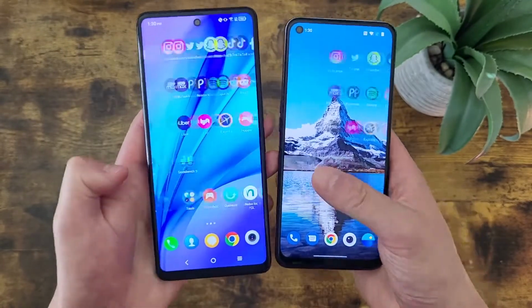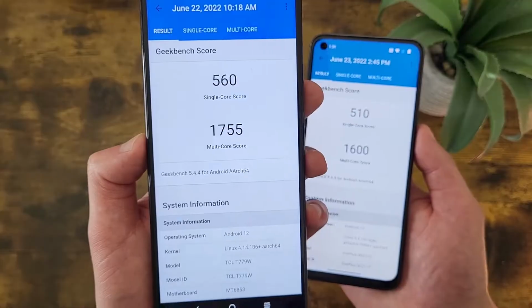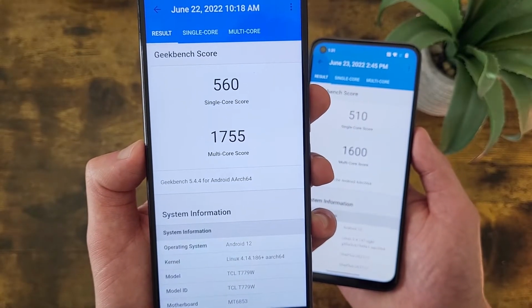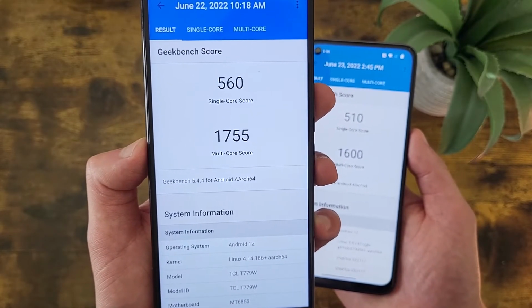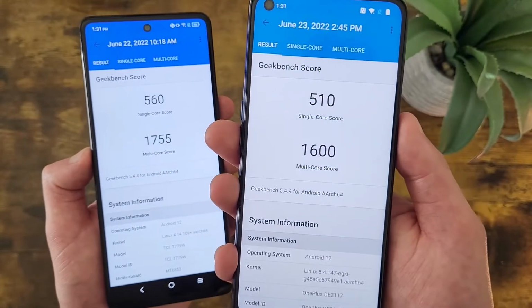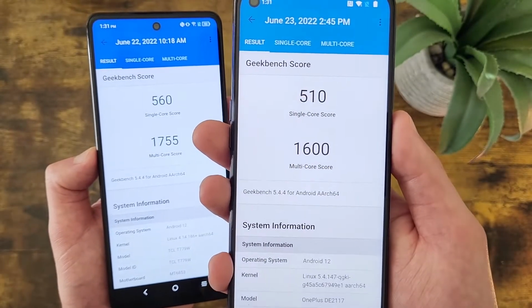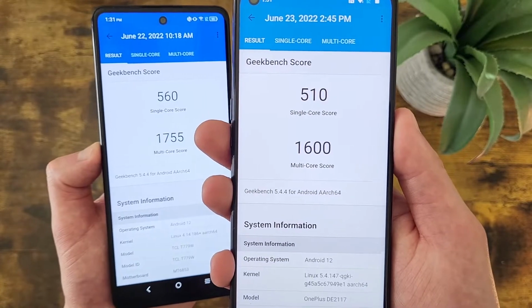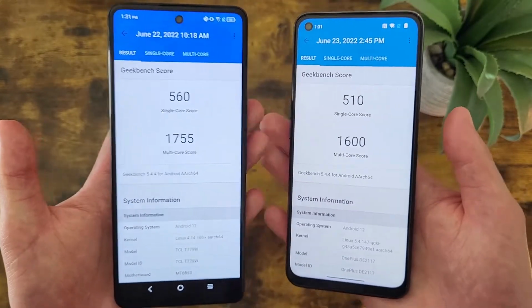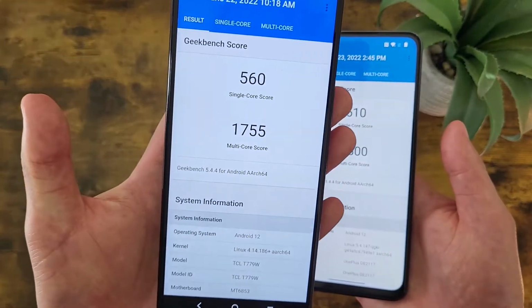Now I ran Geekbench 5 benchmark tests on both of these phones, and with the TCL Stylus 5G, we're getting a single core score of 560 and a multi-core score of 1755. And with the OnePlus Nord N200 5G, we're getting a single core score of 510 and a multi-core score of 1600. So as you can see here clearly between the two, the TCL Stylus 5G is a little bit faster,